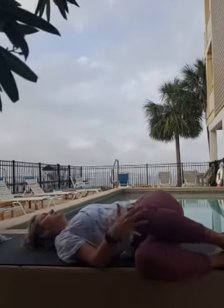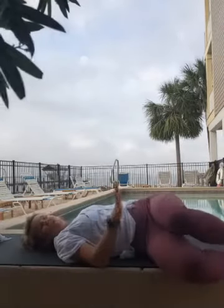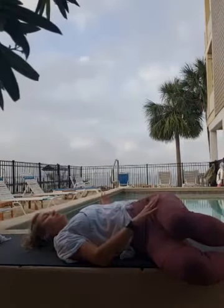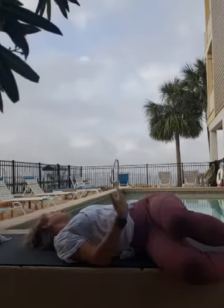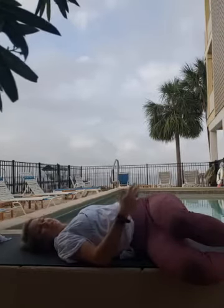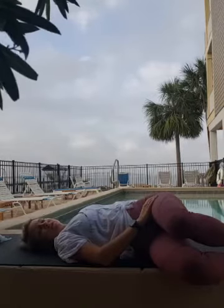You can either draw the knees nice and close up for a tighter twist, or you can just relax them down towards the end of your mat for a more gentle supine twist. You can turn the head one way, maybe over to the right, maybe up to center, to the left. Just listen to your body. So whatever is calling to you today, listen to your body,